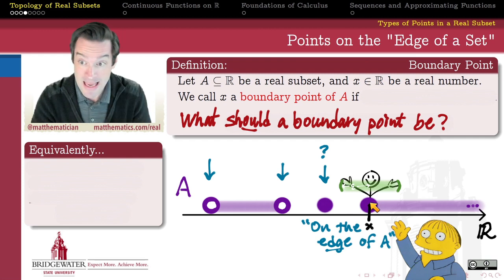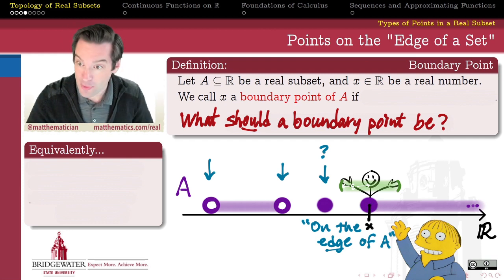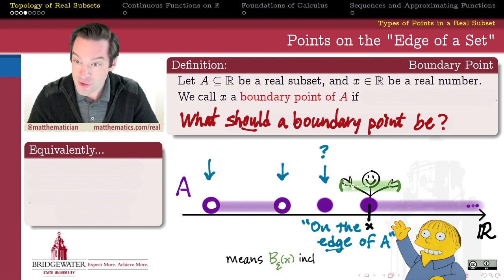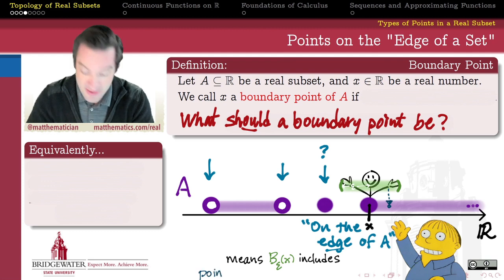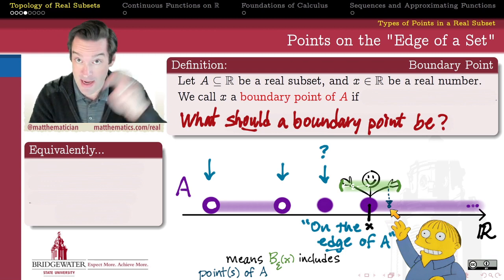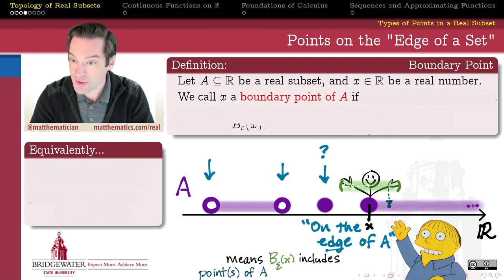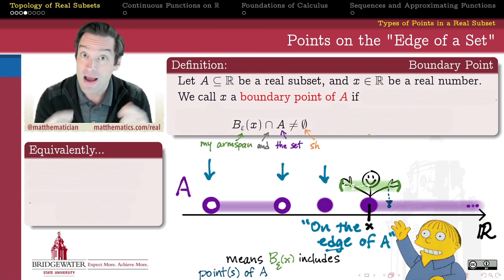What am I able to reach with my epsilon arms if I'm standing at a boundary point? Well, I should be able to reach in my epsilon neighborhood some points that reside within the set A. I should be able to reach A with my epsilon arm if I'm standing on the edge of the set A, quote unquote. But I should also be able to reach points that are not a part of the set